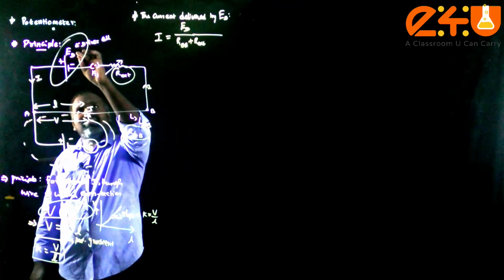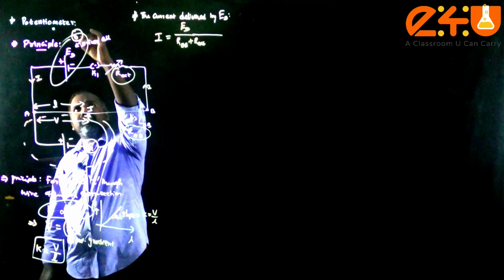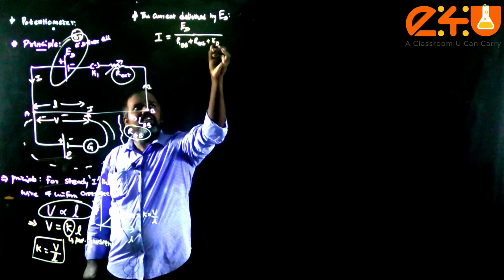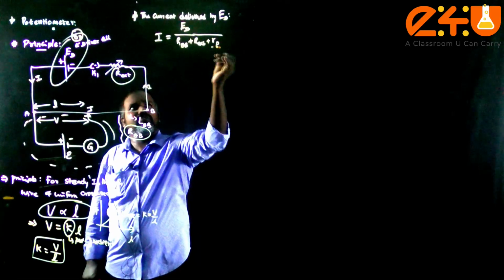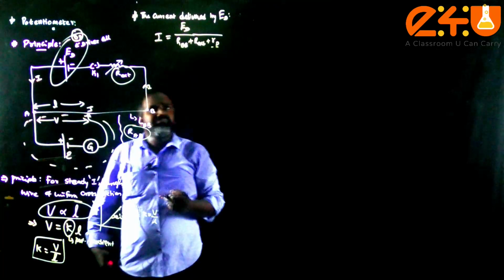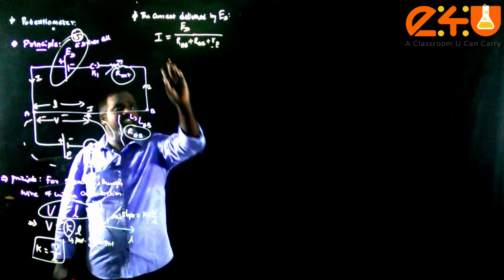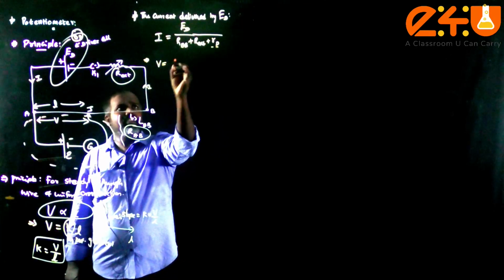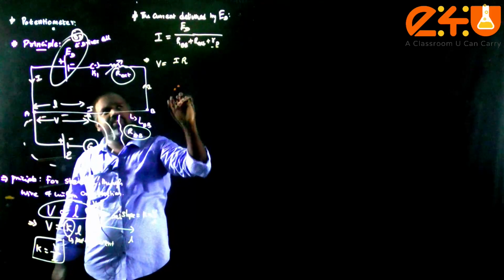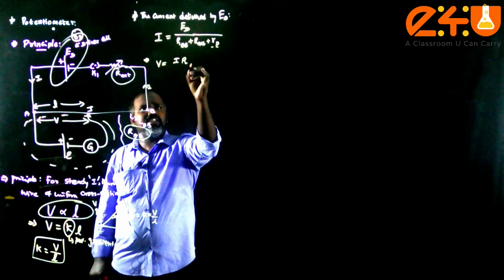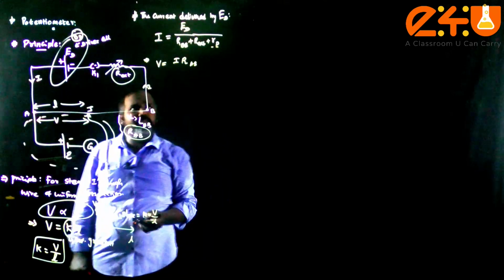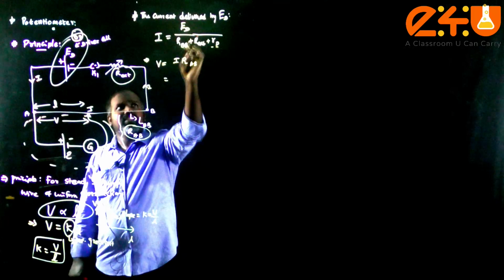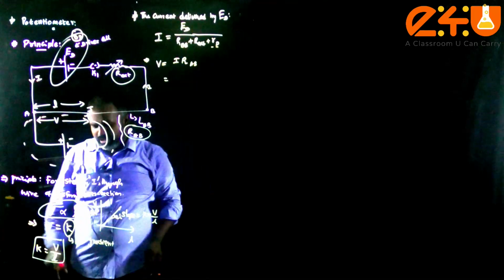If you want to add the internal resistance RD of the driver cell, then we can use that RD. If it is not there, then you can substitute it as 0. So I is equal to E by R net. By using this, V is equal to I into R; for the potentiometer wire, I into RAB. Here I is nothing but this value, and moreover you just see that